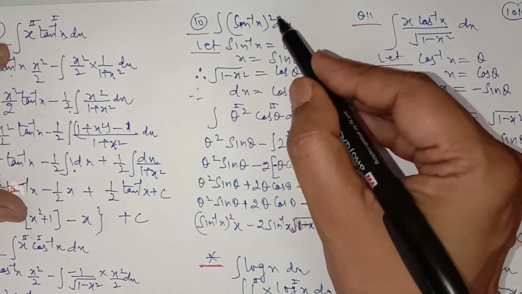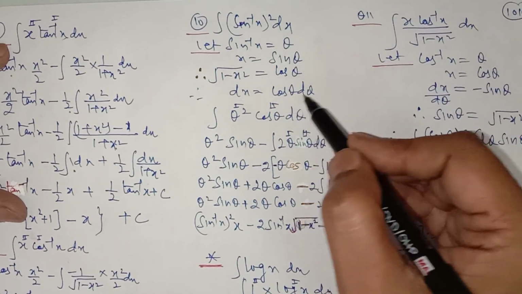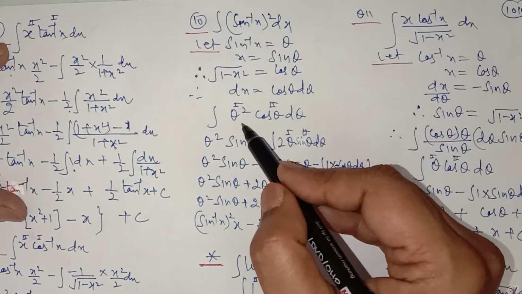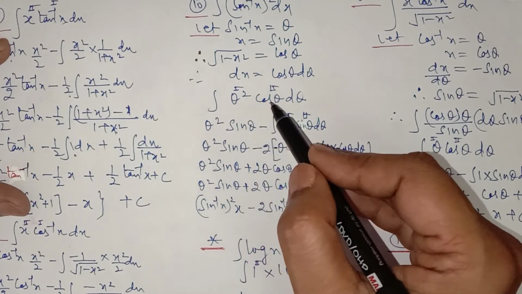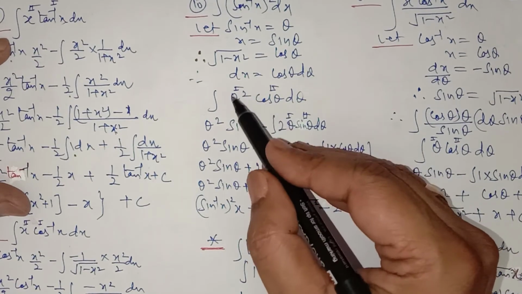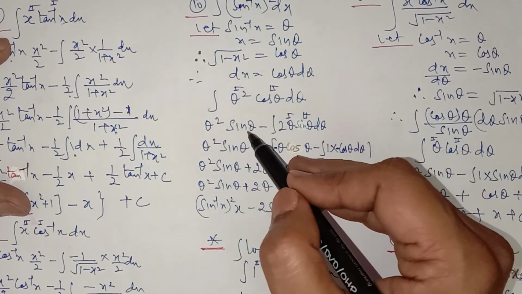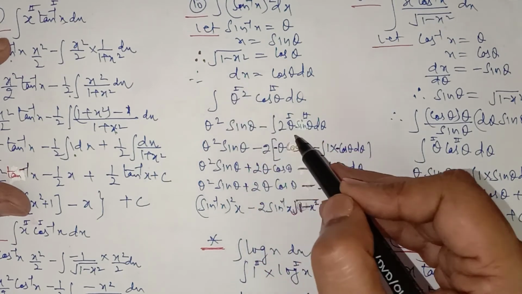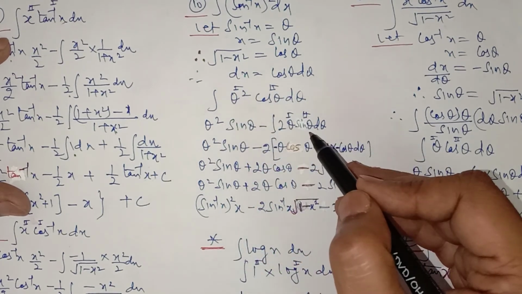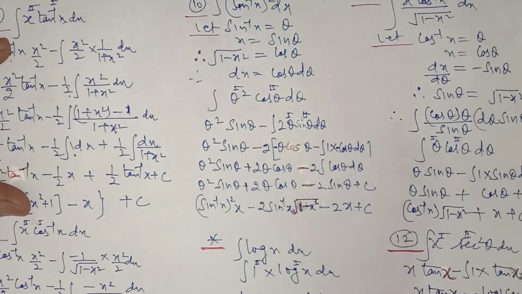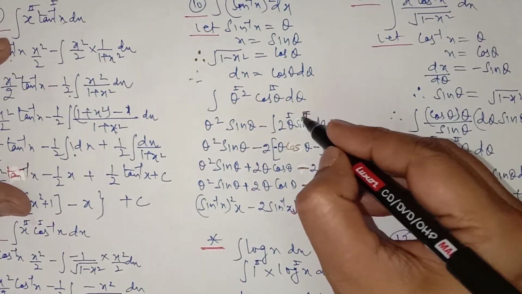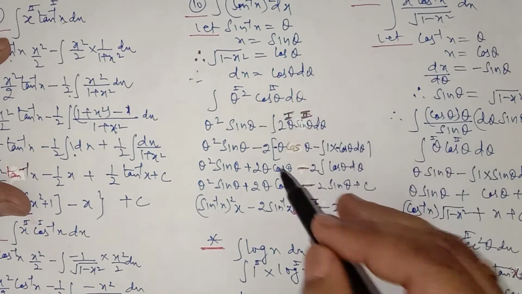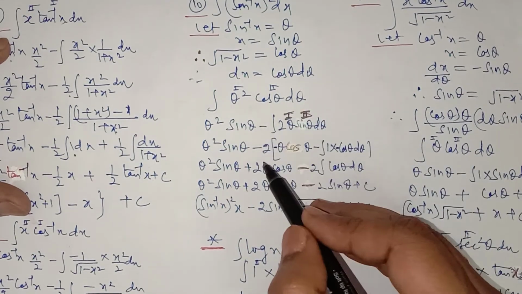So replace the value of dx is equal to cos theta d theta, and we have let sine inverse x equal to theta. This is algebraic and trigonometric. So algebraic at first, trigonometric at second. First function as it is, integration of second minus derivative of the first, which is 2 theta into sine theta. Again, it is an integration by parts. It is a first function, it is a second function. Again, you're taking care of this negative sign, plus 2.